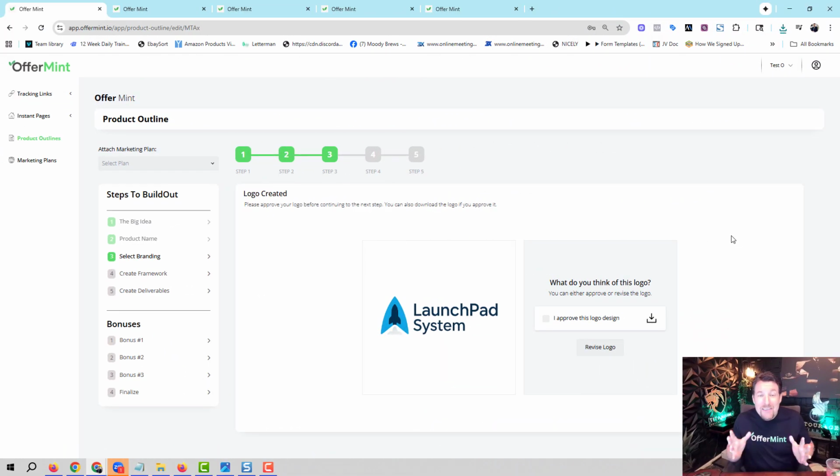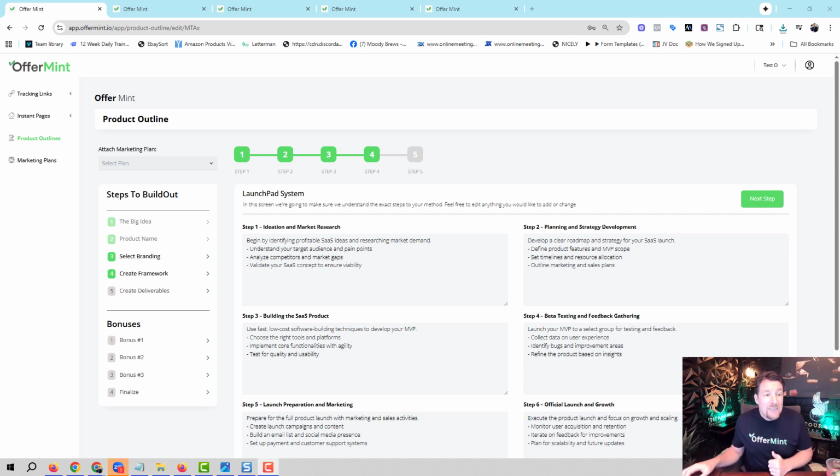And there you go. Now you see that the logo has been created, and I like it. I love it. It's got the trust. Pretty awesome, right? Now, if I want, I can come over here and I can go ahead and download this logo, okay? If there's something I want to change, I can revise the logo, or what I'm going to do is I'm going to go ahead and click on I approve this design, and I'm going to go to the next step. All right, and now you see that I'm taken over here to step number 4,